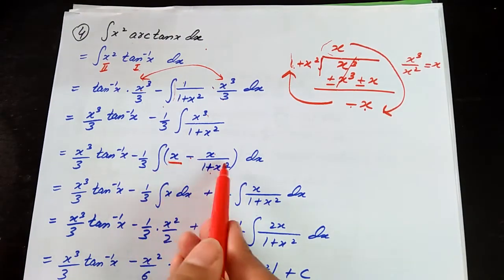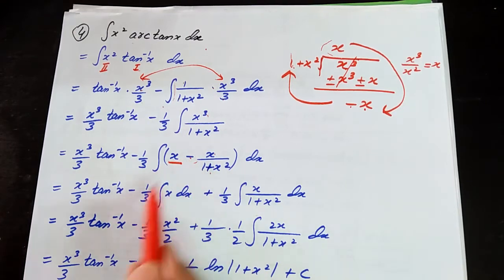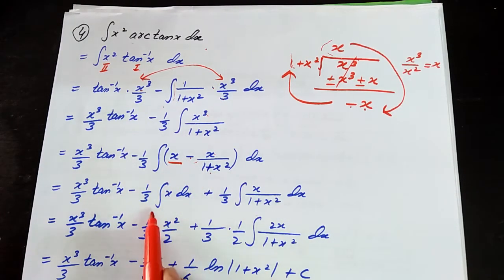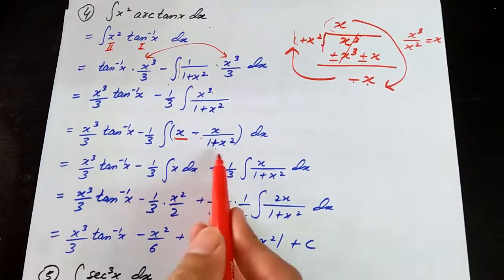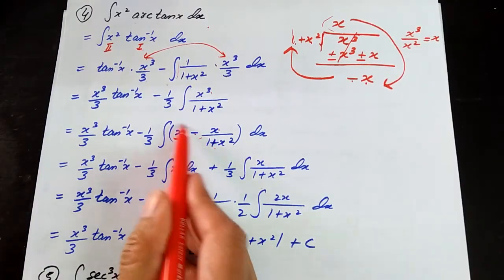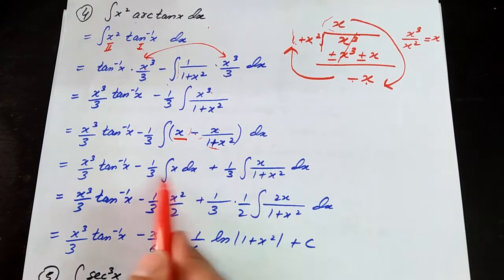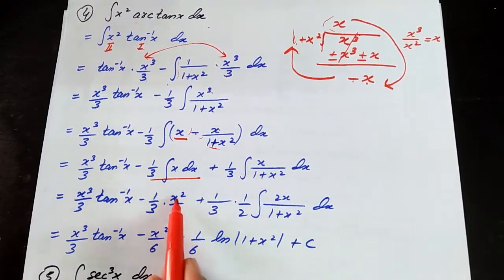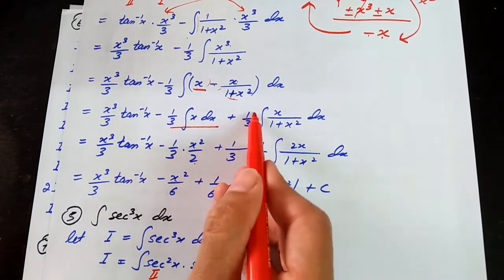Now we have two functions that are separated by subtraction in the integral formula. Just separate this integration into two parts, with respect to x and x over 1 plus x square, like this. Now this can be easily integrated as x square by 2 minus